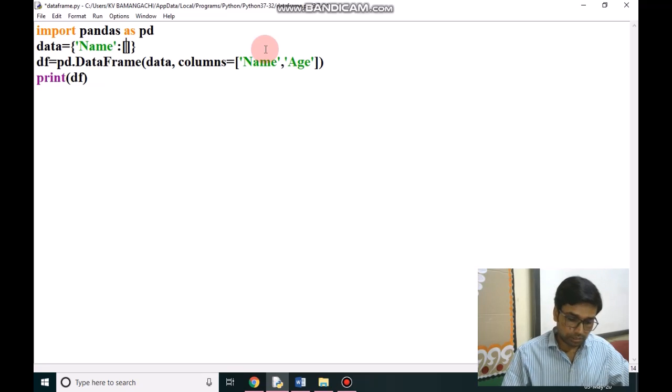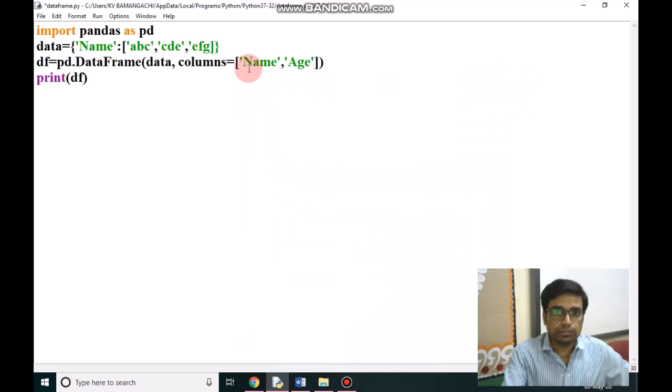I am giving here A, B, C, D, E. You can also give many names, E, F, G. I have given here three names.